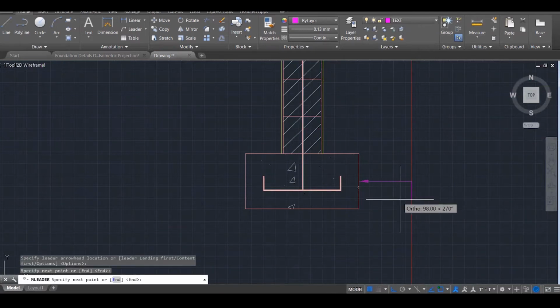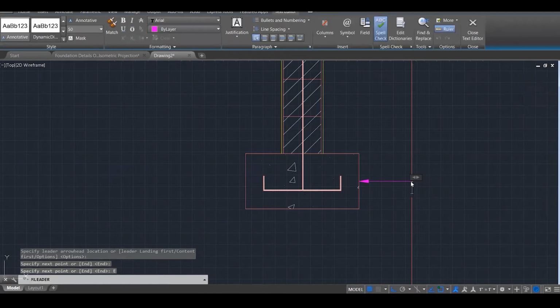Now when I pull out to here, I want to snap it in here. I can either turn a direction, but I want to start writing my text there. So I'm just going to look down here in the command bar and it says specify next point or end. So I'm going to say end. Type E, hit enter. And that allows me now to end my leader line and start typing the note that I want in there. And what I'm going to put in there is concrete